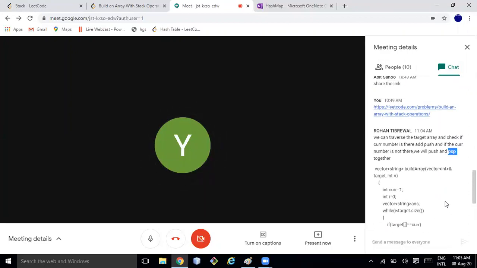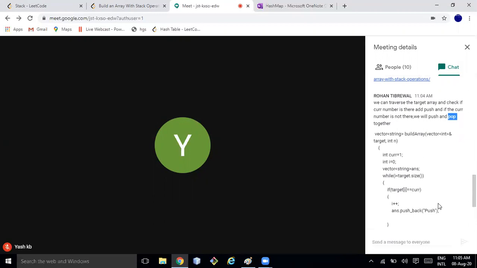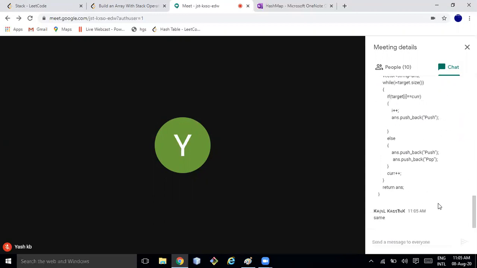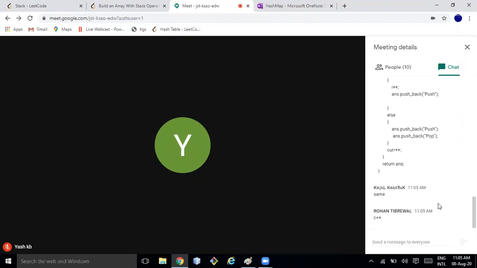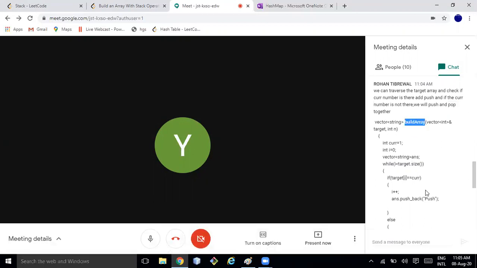Okay Rohan, you did it, and you did it in C, I think, right? C++, okay, that's fine. So he is using one vector to build a string, and here he is just doing push.